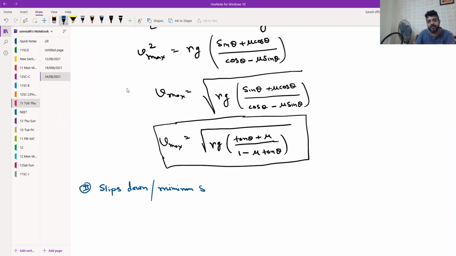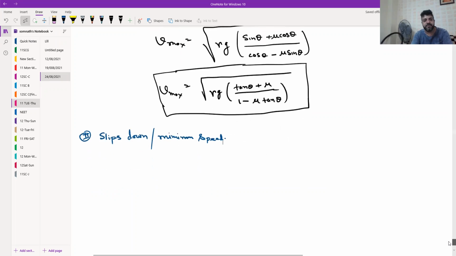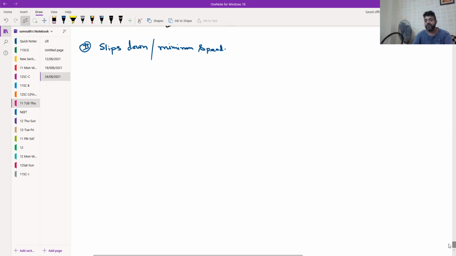Writing velocity is not correct, because it's not only the direction, since every time you change the direction. That's why I'm just taking the magnitude. So slips down is the minimum speed. Same way we can try. Only the difference is